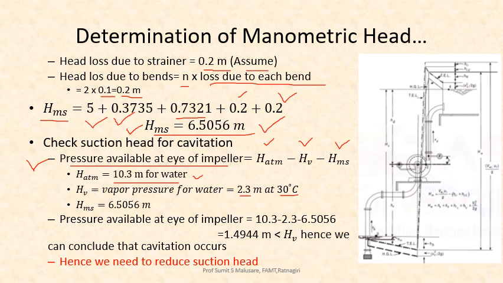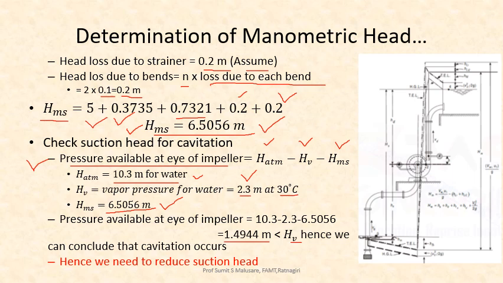And HM for the suction side we are getting as 6.5056 meters. So finally my answer comes out to be: pressure available at the eye of the impeller is 1.4944 meters, which is less than the vapor pressure, that is 2.3 meters. Hence cavitation occurs. It means that initially whatever assumptions we have made are wrong, because here the